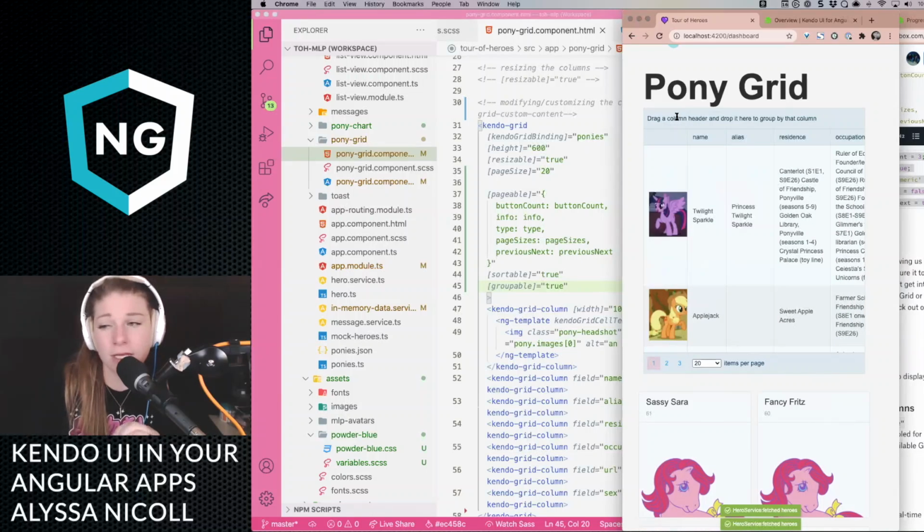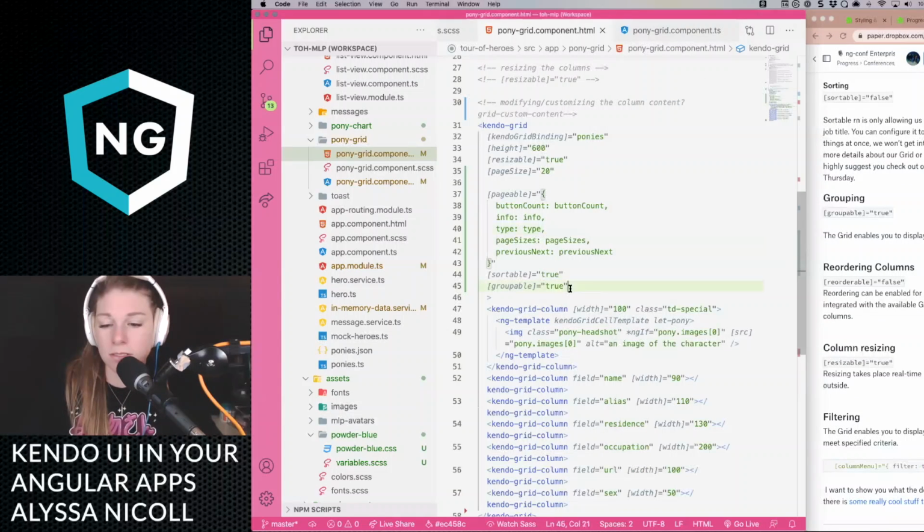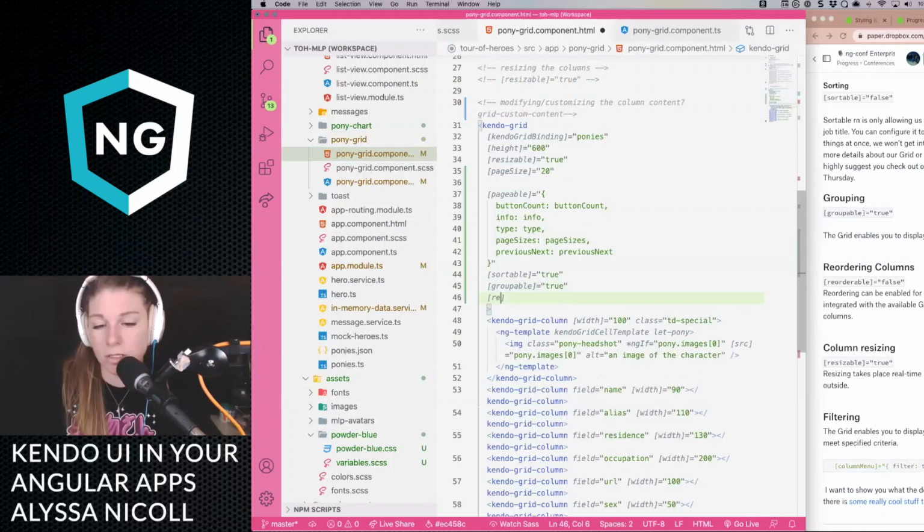And so that can be super useful, especially when you talk about persisting that, so that your grid is like how you left it when you come back. Reordering columns, of course, is simply toggled on by reorderable, which isn't the easiest thing to spell. Reorderable.